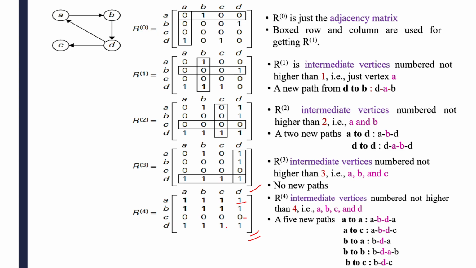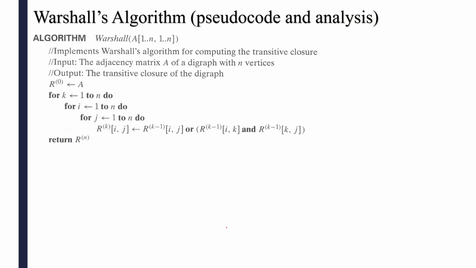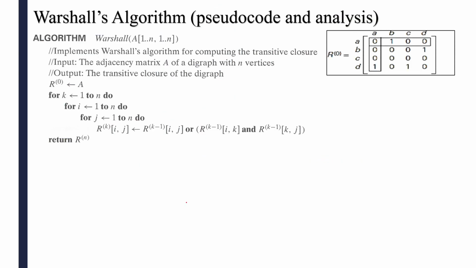This is how Warshall's algorithm actually works to find the transitive closure. Is it clear? Okay. Let's see the algorithm. I'll take the same example. So the algorithm, this is the pseudocode, and this is the name of the algorithm, Warshall's. And as I told earlier, if it is a graph, that graph is usually represented in the form of an adjacency matrix